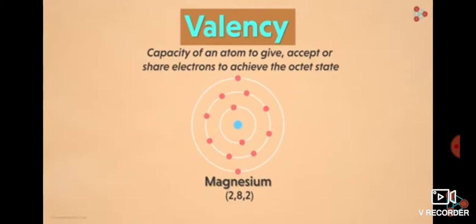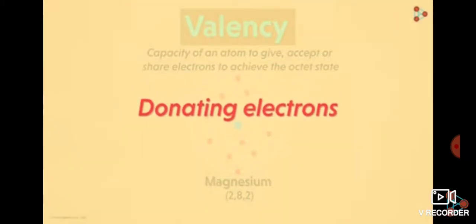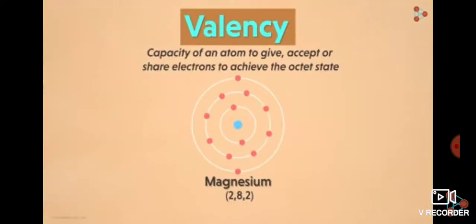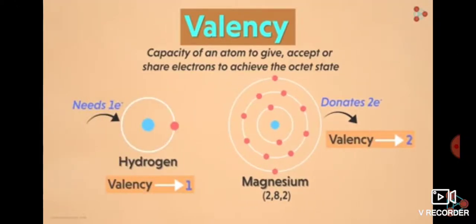Then how will magnesium complete its octet? This is where the concept of donating electrons comes into the picture. If managing the gain of 6 electrons is difficult, then can it think of giving or donating the 2 electrons? Yes, absolutely. So if magnesium gives away 2 electrons from its outermost shell, then we say that the valency of magnesium is 2. That means it's not only about how many electrons can be taken, but also about how many electrons can be given by the atom. That is how we calculate the valencies of various elements.